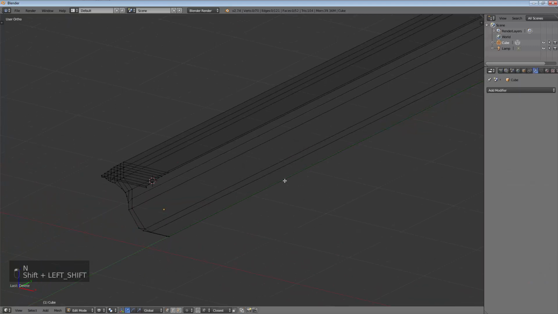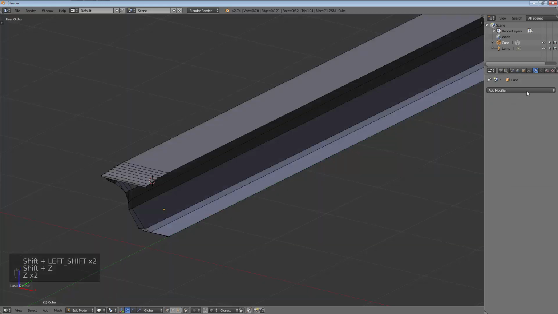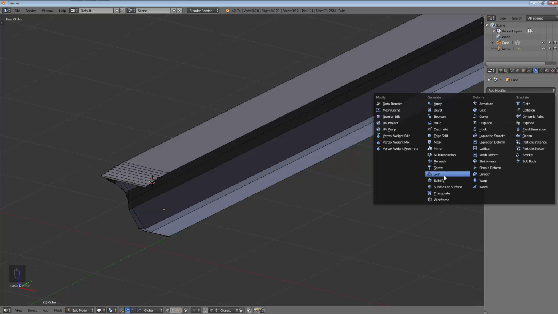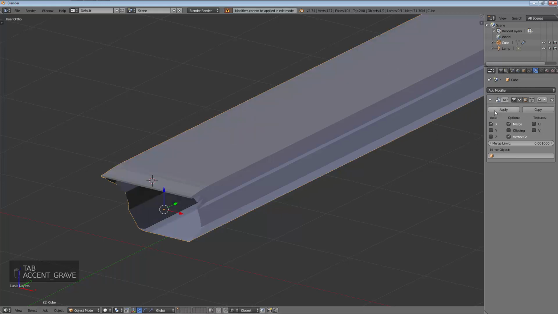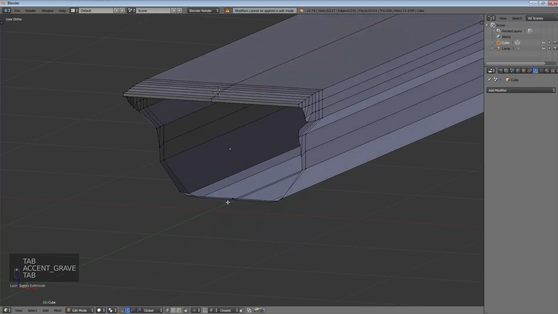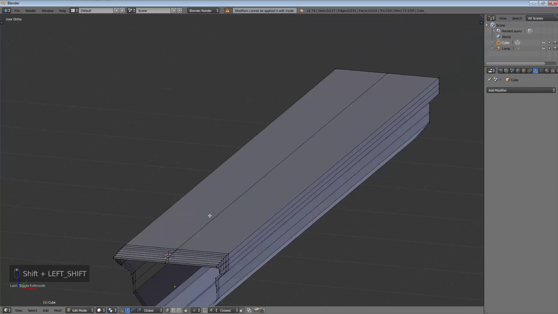I can actually turn off the end menu. We don't need our blueprints anymore. I'll go back into solid. I can add a mirror modifier. And now we get that same shape on the other side. So I'll apply it in object mode. And now we have that to work with, but now we have this cut down the middle,